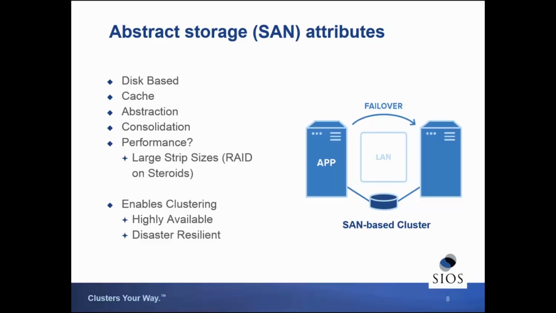The whole purpose of these abstractions is to consolidate. Rather than having a physical disk of a particular size that I may only use 10% of, you consolidate all of those spare resources into a great big pool and allocate them as necessary, either as a manual expansion of a LUN or automatically by provisioning, by having a large LUN provisioned thinly and having the SAN create or apply the storage as it's necessary.